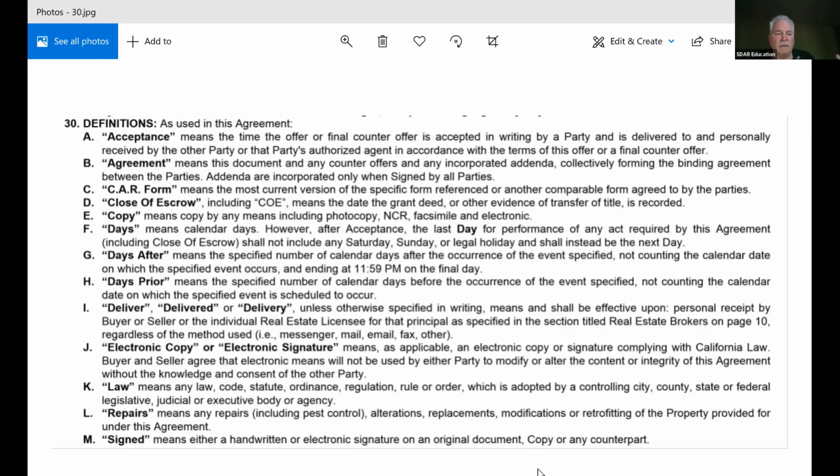I love the RPA. In fact, people call me up and ask, can you just give me the hot points? So Laura, I don't know what office you're with. Would you send an email to SDAR and ask them to have me come do a quick overview? I just did a quick overview of the RPA for another broker last week. Here are the things I'm looking for. Boom, boom, boom. This is where we get in trouble. These are my lawsuits. These are what I look at. Your question is a really good one, and it applies to anybody here. If you want me to come talk to your office, please send an email to education@sdar.com.